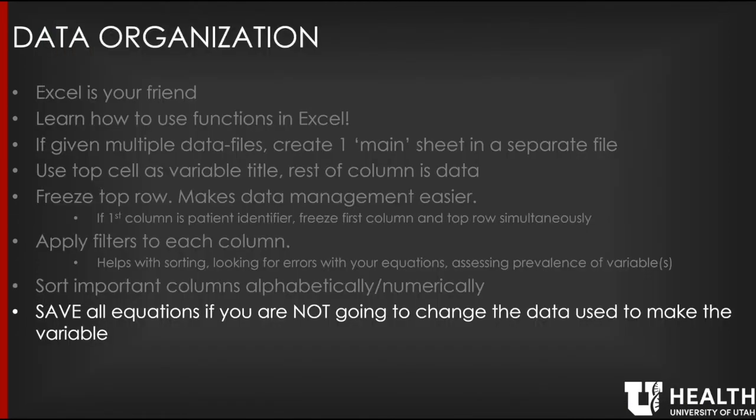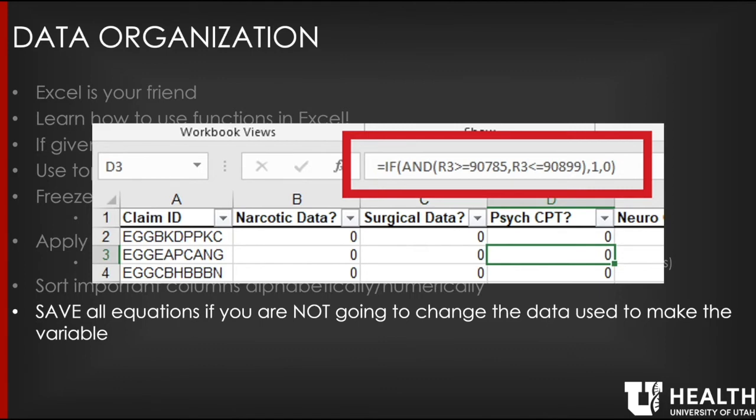So you want to save all the equations that you make when you're creating variables if you're not going to change the data that you use to create the variable. Okay, and this again will make more sense here in a second. So again, you can see here, there's an equation there under the Psych CPT. I used that functional equation to develop the variable within my main data sheet, okay? And you want to keep those equations in there, especially if you're going to be doing repeat studies using very similar methods, because then you can just reapply those equations to a new data set to make your life a lot easier. However,